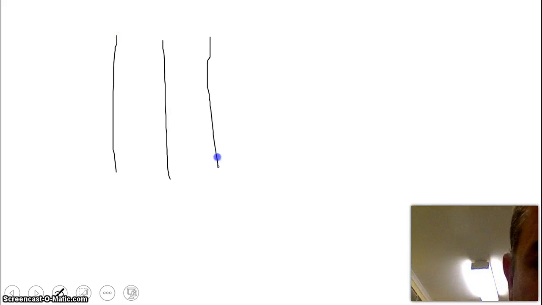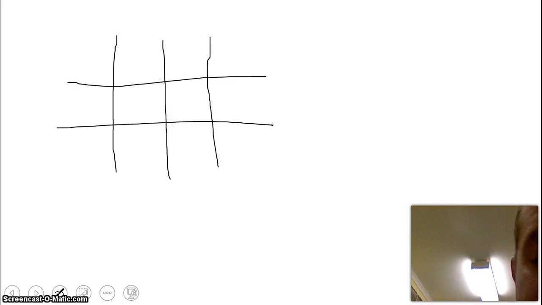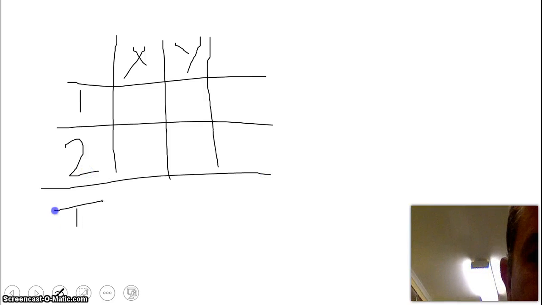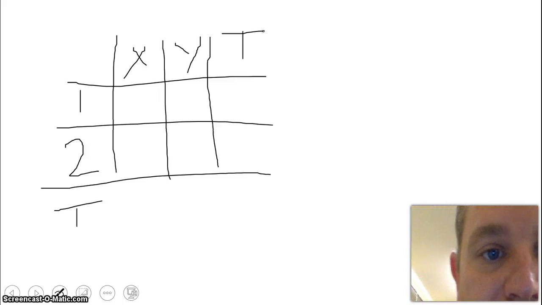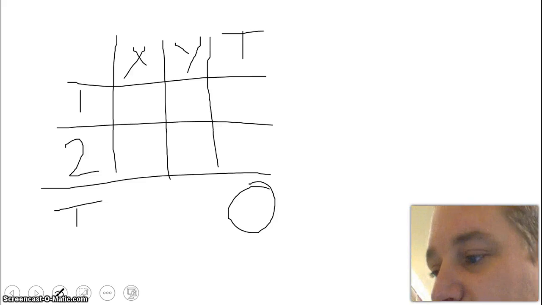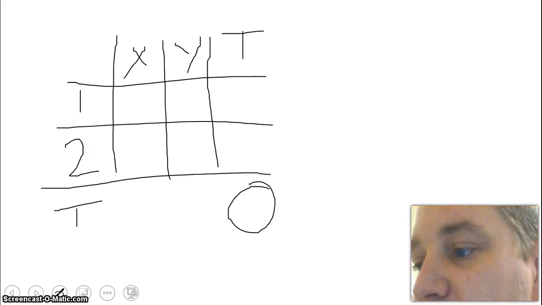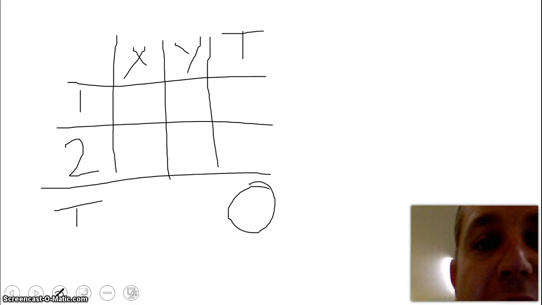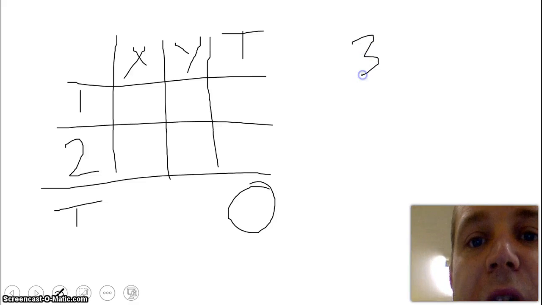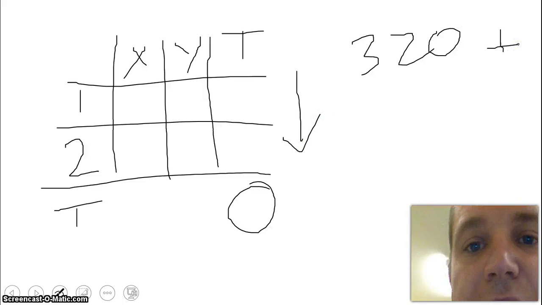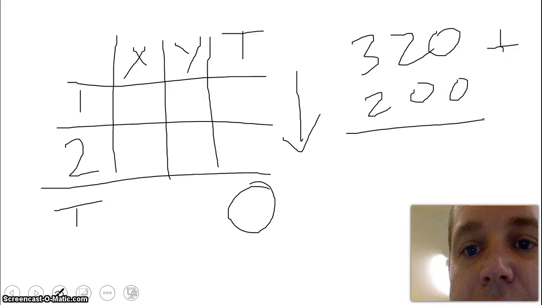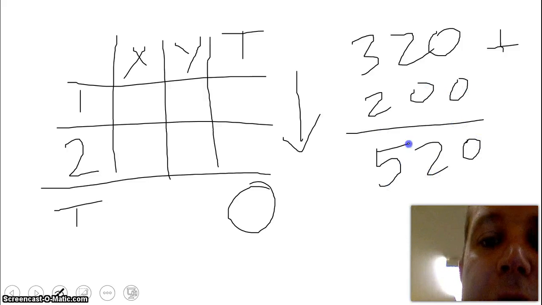So here's our two-way table. We have X and Y, week 1, week 2. Down the bottom we've got the total, and across this way we've got the total. What we're looking to work out is how many laptops in total were sold. The easiest way to do that for example 8 I found was just to add the two numbers together. So 320 plus 200 gives me 520 laptops